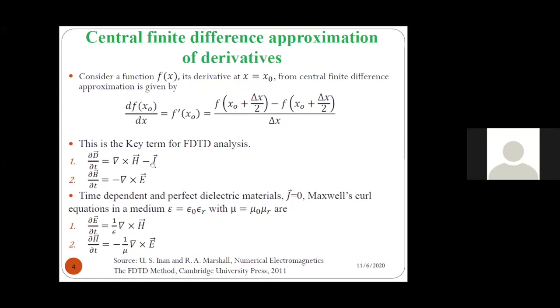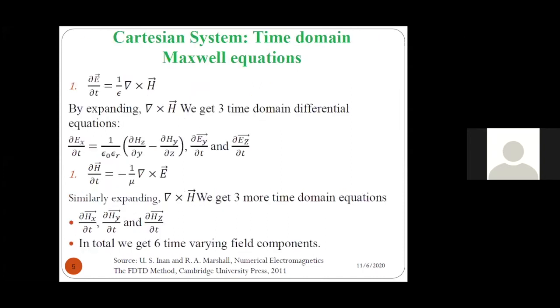So, Maxwell-Ampere's equation. Now these equations we are simplifying for dielectric materials. For dielectric materials, we know that the current density parameter is 0. If I put this condition, here epsilon and mu are the material properties, which are known to all of us. This FDTD technique uses central finite difference approximation of derivatives, so using this it will solve that set of Maxwell equations.